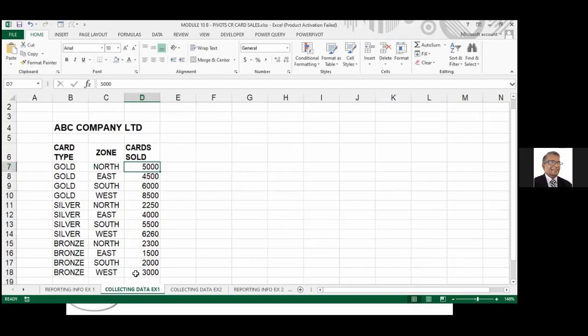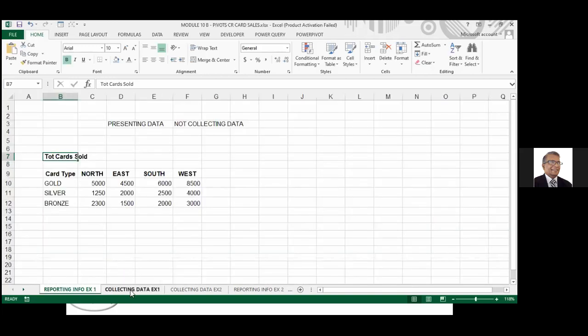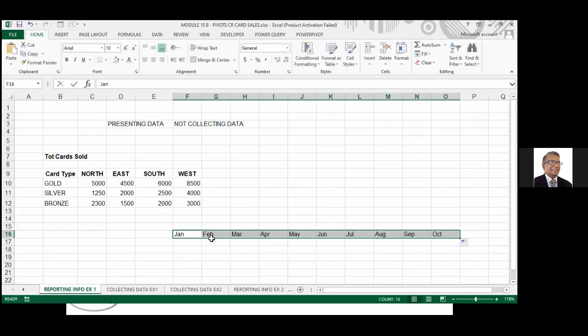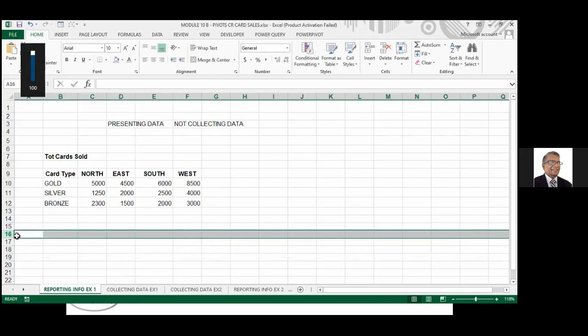Right. So this is the way of collecting data. This is the way of presenting data. Remember that. A lot of people collect their data by putting the months this way. January, May, never do that. You have to put month and put the month one under the other, but it will be a long report when you put it one under the other. But that's why you are given 1 million rows, right? That's why you are given 1 million rows and only 16,000 columns, right?